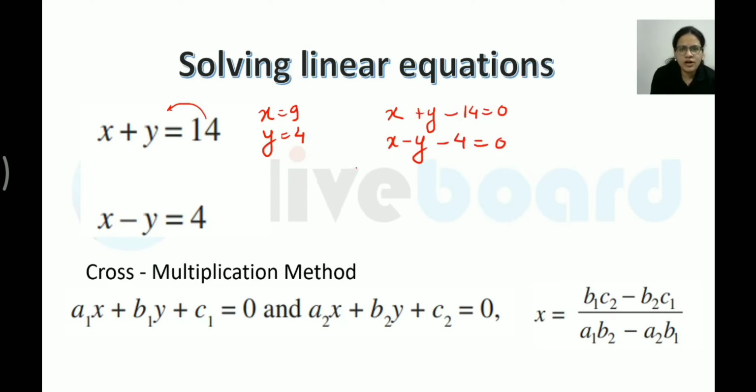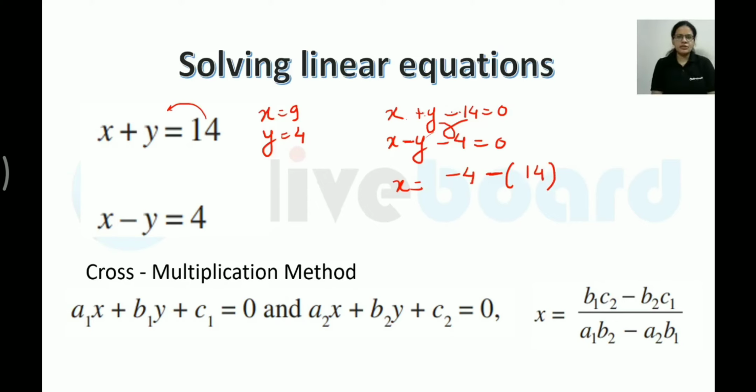Now it is a cross method, which means you have to multiply crosswise. So if I am talking about the x value, forget about this, just multiply the remaining coefficients. Not the complete value, only the coefficient. So this is 1. 1 into minus 4 would be minus 4. And subtract this from the other multiplication. Minus 1 into minus 14, so positive 14. So write positive 14 here.